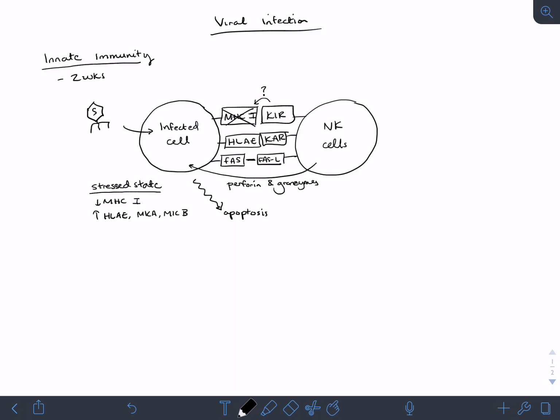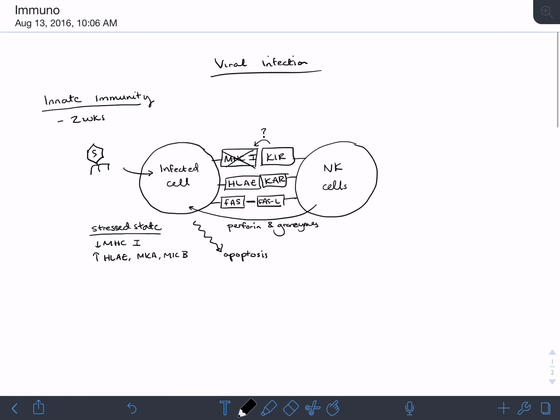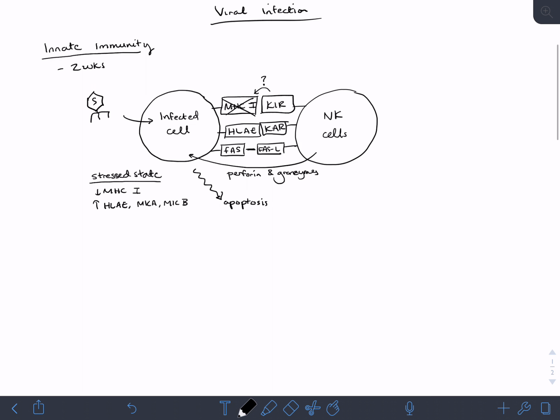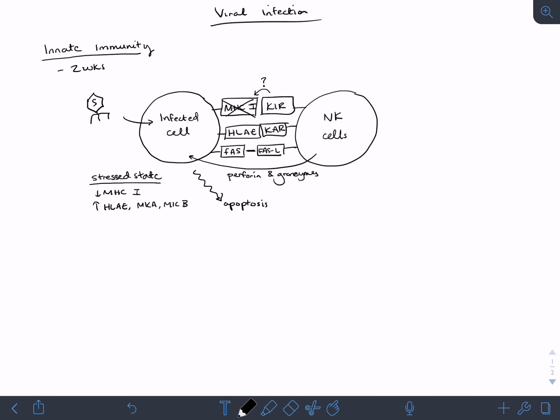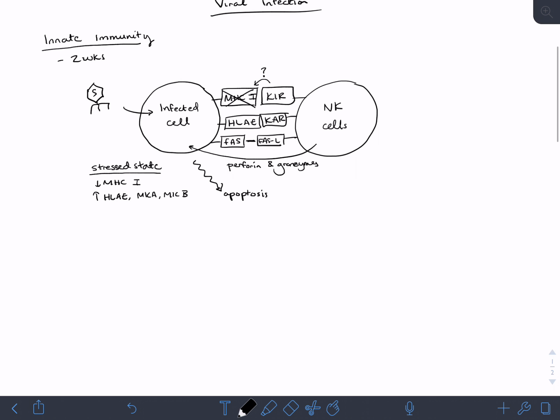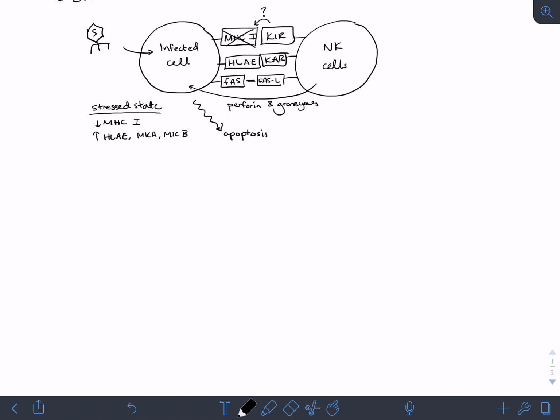You want a very systematic way of killing a cell that does not leak its contents, so it's going to undergo apoptosis, all right? And this is really all there is to the innate immune response for a viral infection. That's really all there is to it. Your NK cells are just going to go and attack the infected cell. Okay. So then at the same time, what's happening in those first 2 weeks is you begin mounting your adaptive